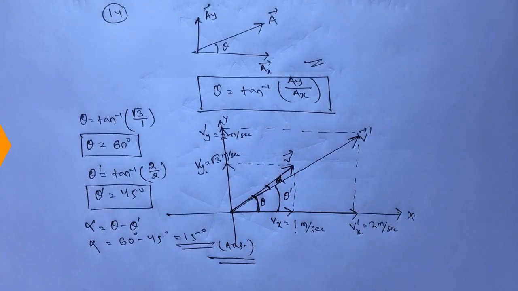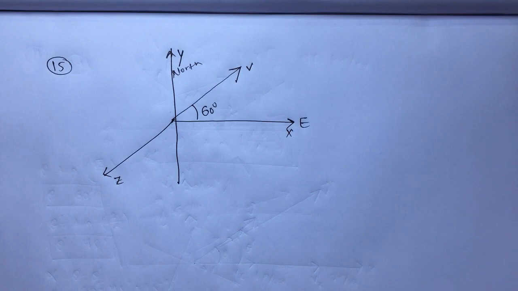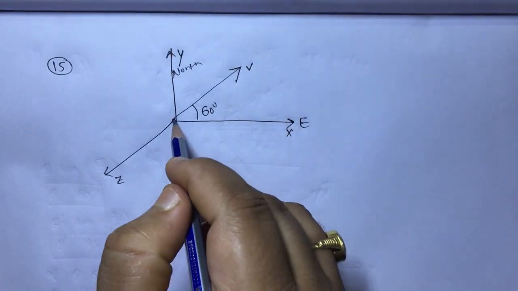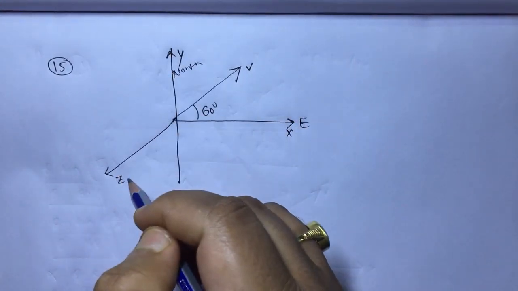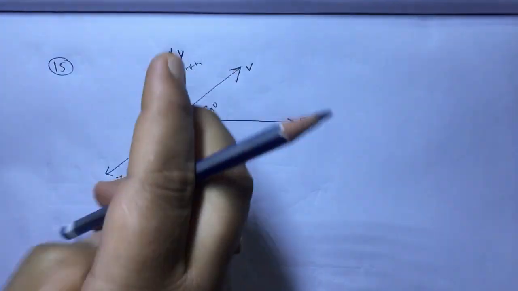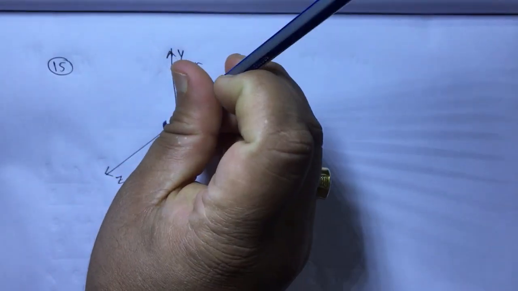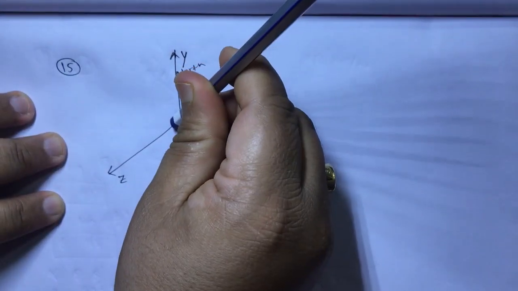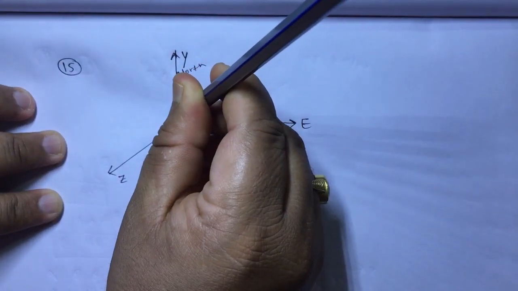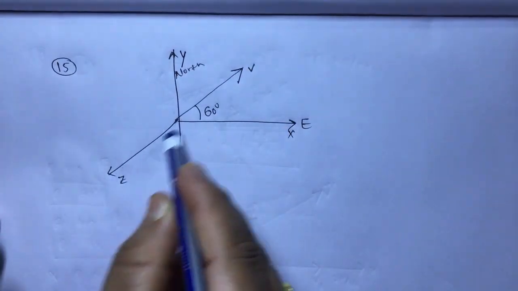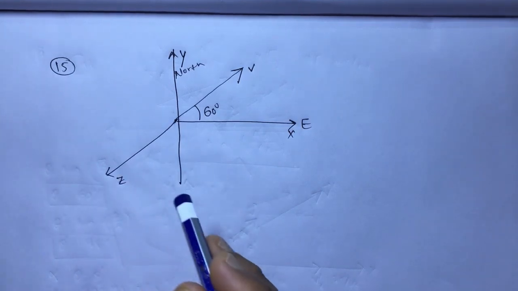Okay. Now let us come to the last question, question number 15. Here it is given that a bird is flying. Let us first take three axes x, y and z, because a bird cannot fly just on the ground. A bird can fly in 3 dimensions like this. But we cannot draw the 3 dimensional velocity, and hence we are drawing the velocity like this. And this is your z axis shown in the paper, but it is not actually the z axis.